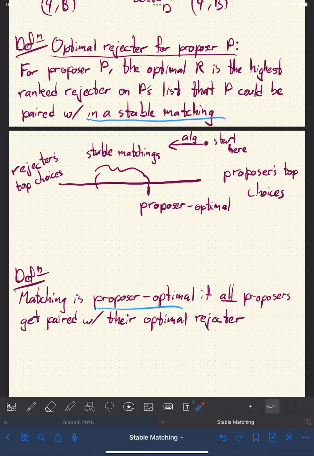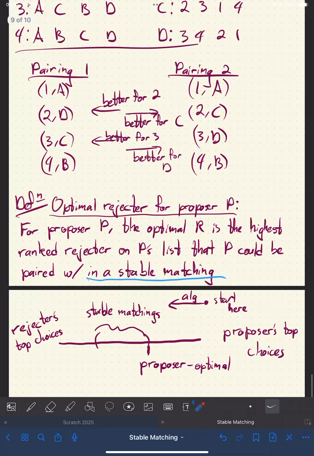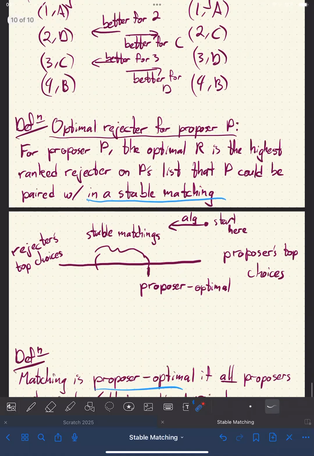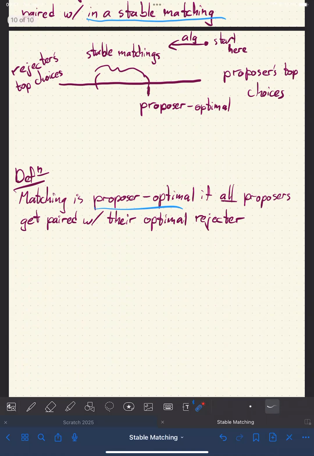It's pretty, like we were looking at up here, that this pairing is actually good for every single proposer. Like, it's good for 1, 2, 3, and 4. It's the optimal they could do. Whereas this side is optimal for A, B, C, and D, the rejectors, when we decided that one's proposer and that one's rejector. So it's a pretty powerful thing, and you know,